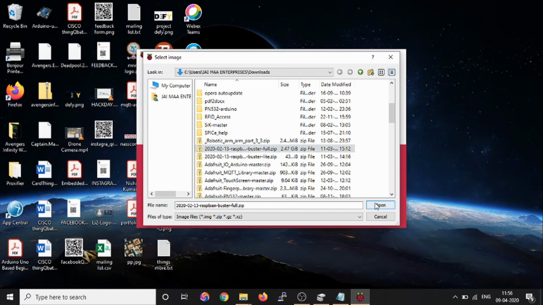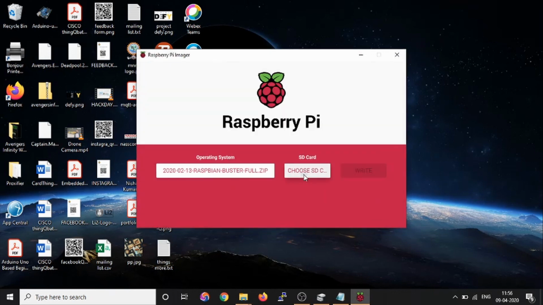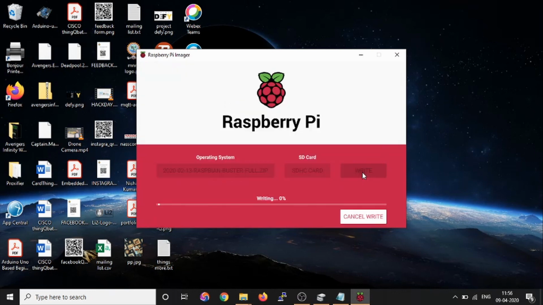We select it and choose the SD card, which is this one, click on write, and it will start writing. We have to wait.